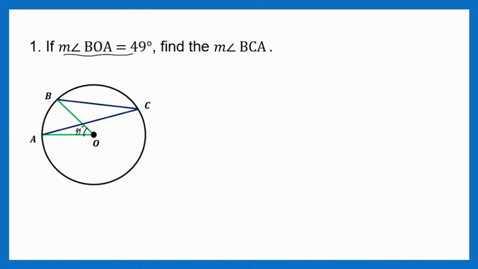Alright, so dapat bit-bit nyo yan. So dapat alam mo na itong intercepted arc ng central angle, that is also the same measurement. Yung 49 degrees dyan is the same dito. Ayan. So wag kayong magugulat na maghahalo-halo yung mga concepts sa circles. Kasi talaga naman na ihahalo yan ng teachers or sa problems, makikita nyo na halo-halo yung mga nangyayari. Let's say, lumabas agad yung central angle dito. Kailangan alam mo kung anong gagawin para ma-solve mo yan. Alright? So, kasi this will be very helpful to you kung alam mo yung central angle at yung intercepted arc niya.